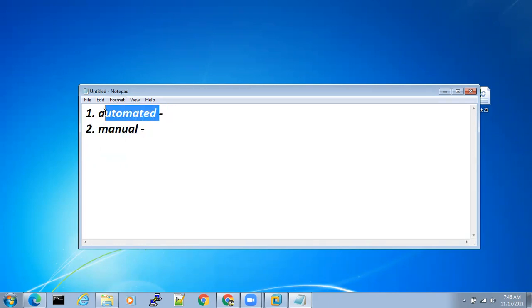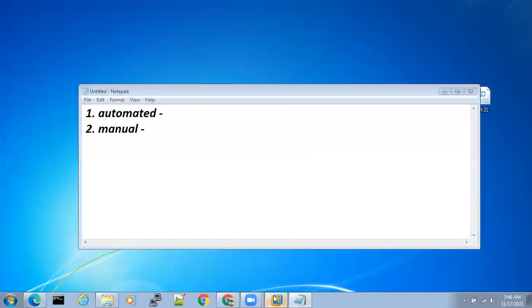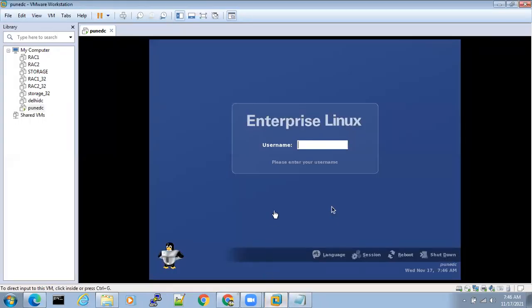In method number one, the automated method, there will be a tool where we can log into the VMware, and just by clicking next... How did you install the software yesterday? Just by clicking next, the software got installed. Yes or no, everyone?